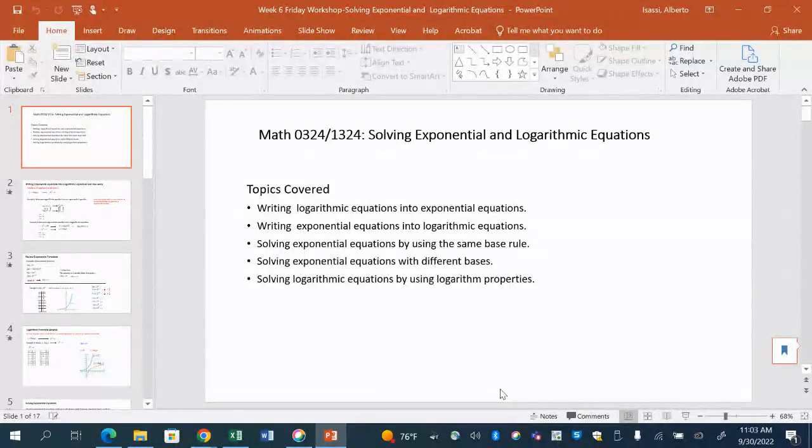A little review of what we did last week, because last week's workshop and this week's workshops go hand in hand. Okay, these are the topics that I'm going to start. So let me